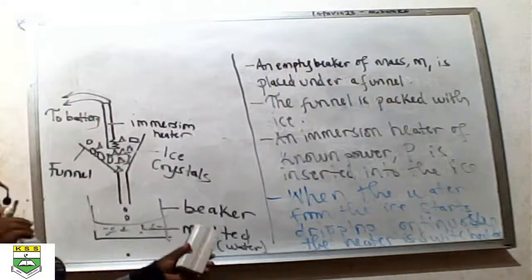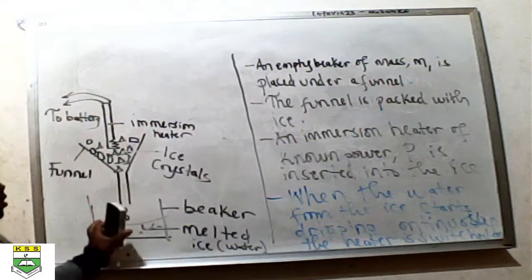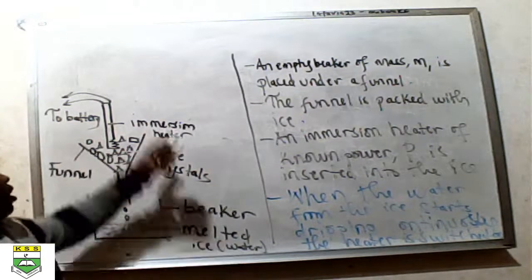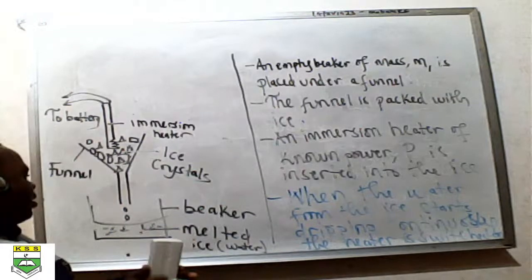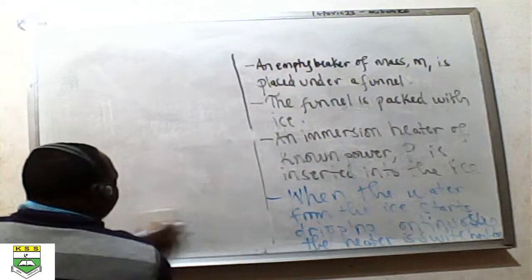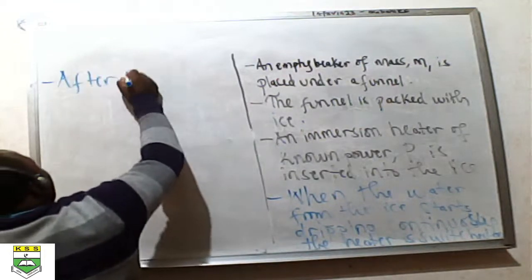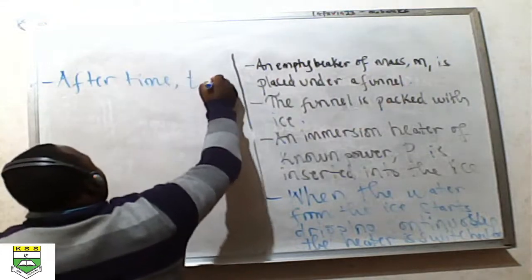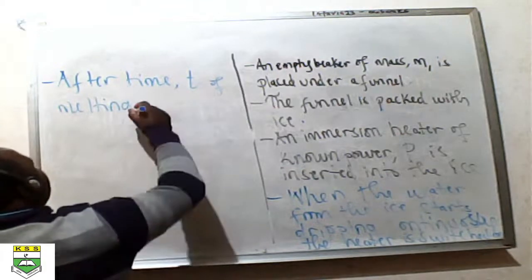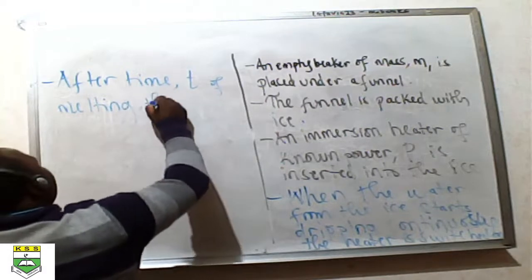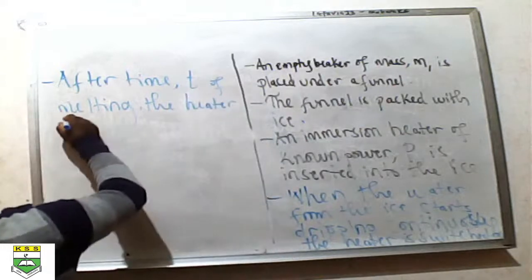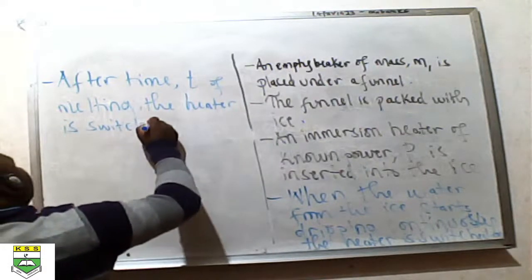Now after some time t, which is going to be time in seconds, you will find that some amount of water will have collected within this beaker. So I now want to rub off this diagram, hoping that people have tried to draw it. After time t of melting, the heater is switched off,